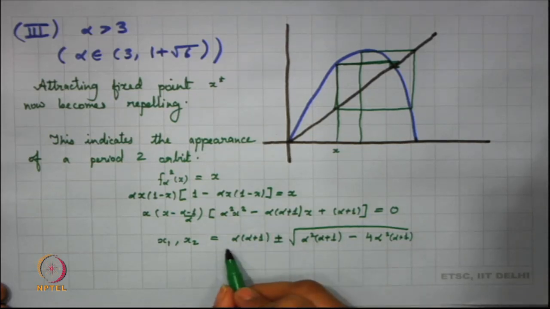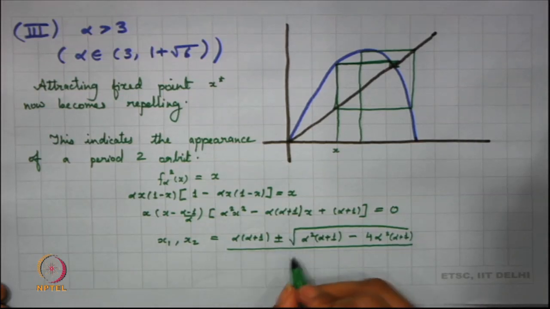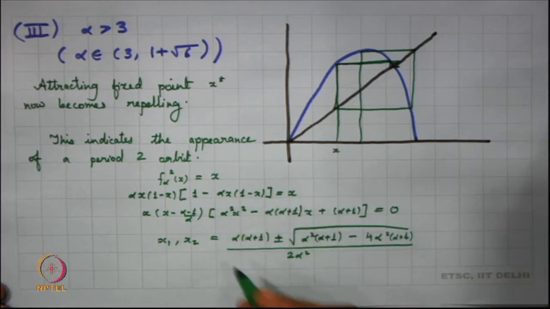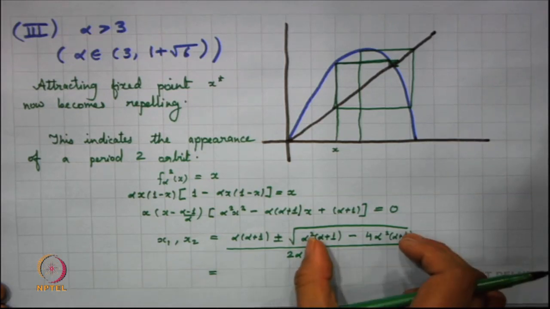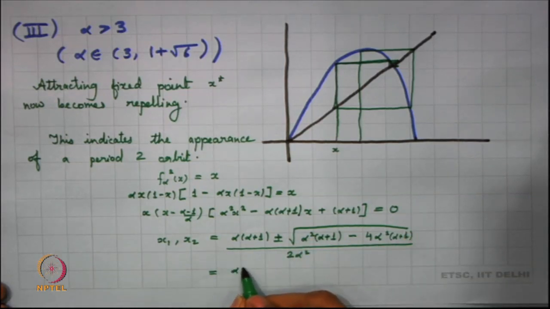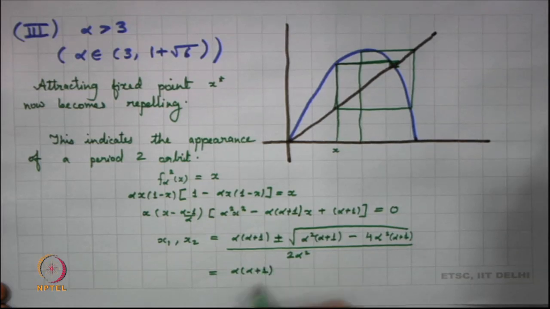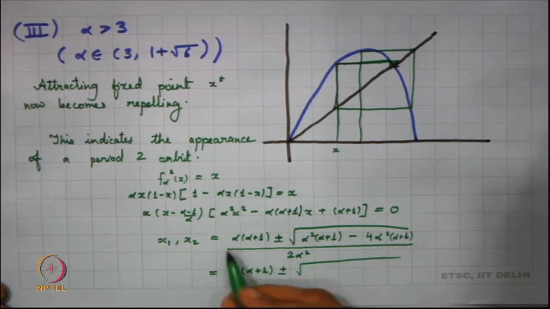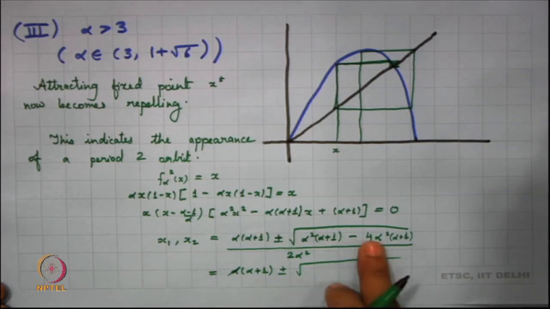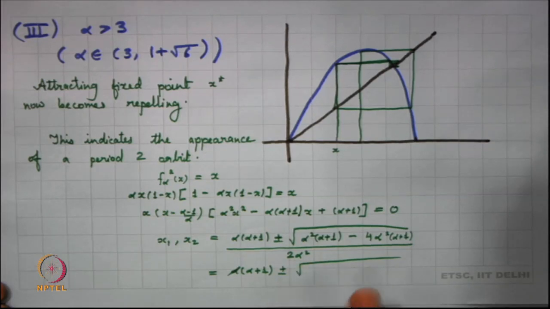It should be plus and minus here because I am looking into both x1 and x2, and then divided by twice alpha square. So, now if I try to solve this equation, then simplifying it we get that this happens to be alpha times alpha plus 1 plus or minus root of, now I have an alpha here, maybe I can cancel this alpha out. So, this is just alpha plus 1. I have alpha square here which comes out and becomes alpha, and there is an alpha in the denominator which can be cancelled out. So, what we simply get here is alpha plus 1 plus